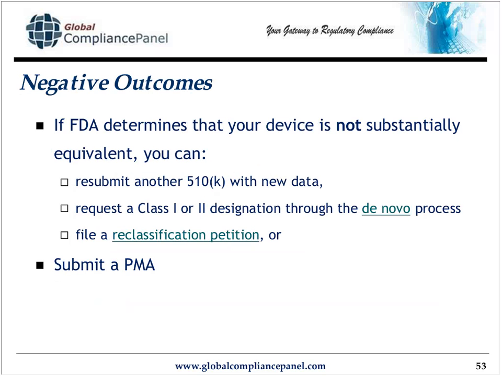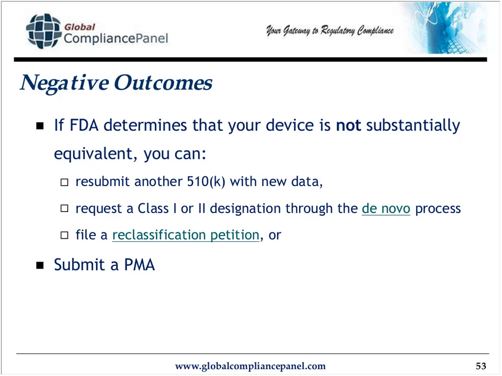In situations like this, what I've seen done is competitors actually reach out to each other to try to, as a group, get their device down classified. If my company does it, my competitors don't, because they've already gotten their 510Ks, the agency is not going to take my request very seriously. And I can file a reclassification petition, but that's not going to help at all.